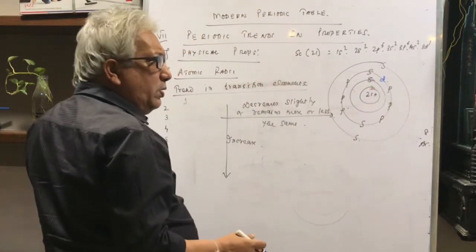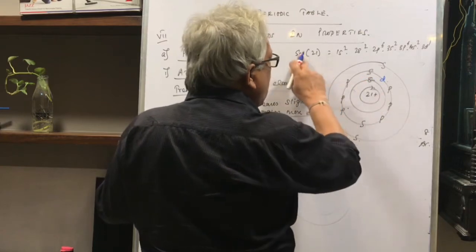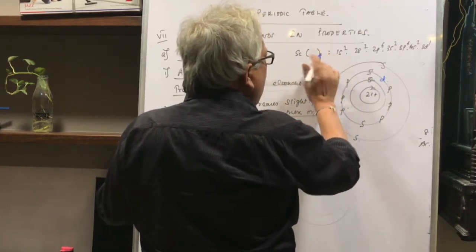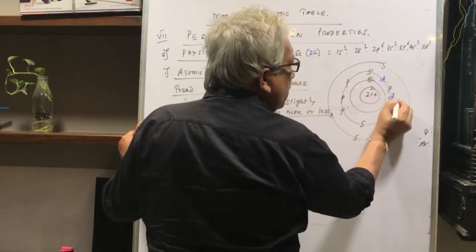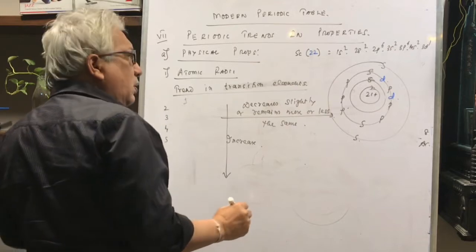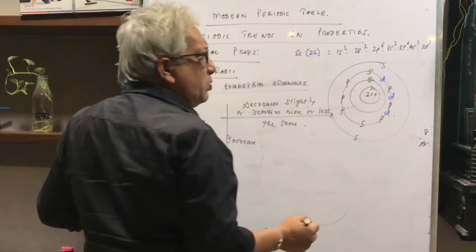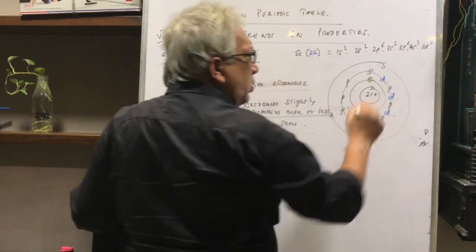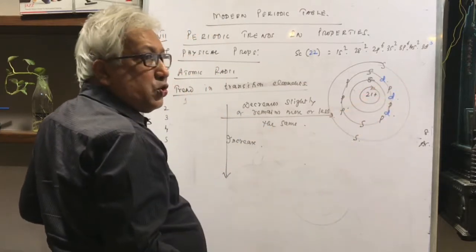You understand my point? That is for scandium. Then we go to the next one, vanadium, that is 22, and you will find the electrons increase like this. Next, 23, 24, the electrons come in the d subshell, so it becomes d1, d2, d3, d4. So electrons are coming not in the last shell, but in the second last shell.